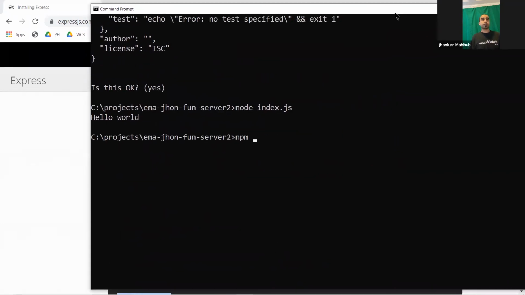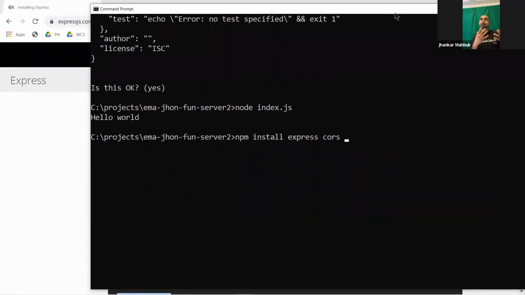So we can do npm install, and express is the first one. And along with express, you will need cors. This is for cross origin issues: if your server and the client are in different locations, it will complain that you are trying to access another location, and whether it has permission or not.